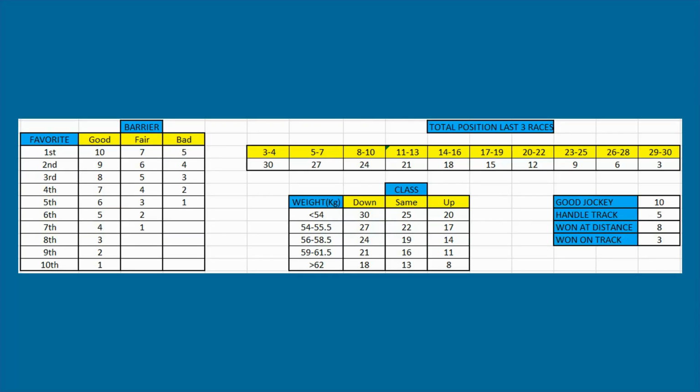the race. And just a reminder that I did bring this to you last year when I looked at trying to find the winner of the 2021 Melbourne Cup, and introduced you to the WAGON wheel tool, which did take into account considerations of the level of favouritism for the horse and whether the barrier it was drawn in was good, fair or bad, what sort of form it brought into the race by looking at the total of the last three results for the horse, a consideration of the weight it was carrying compared with whether it was down in class or up in class or running in the same class, and also giving you the option to give